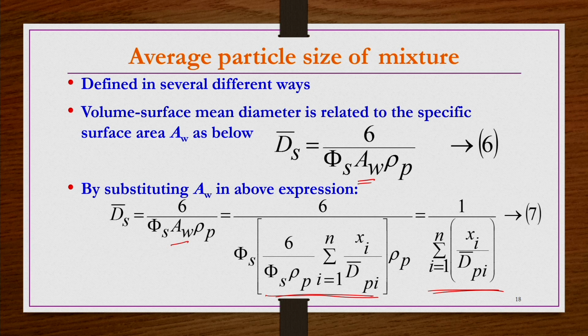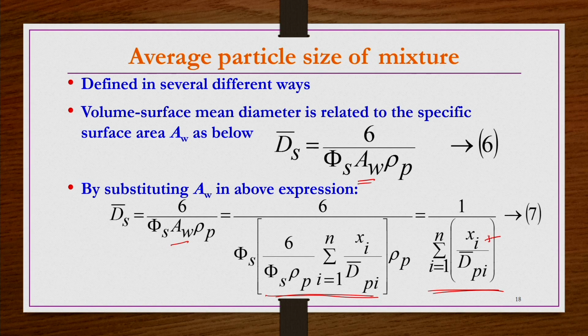It is also known as the Sauter mean diameter. The Sauter mean diameter is one of the more reliable ones compared to the others for most applications, however, not for all applications. This average particle size of a mixture you calculate either if you know the mass fraction of the material retained on a particular increment, or if you know the total number of particles in that increment. Let us say that instead of mass fraction you know the number of particles for each increment; how to get the volume surface mean diameter or Sauter mean diameter, that we will see.